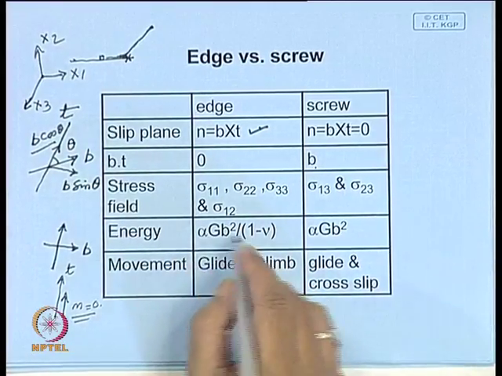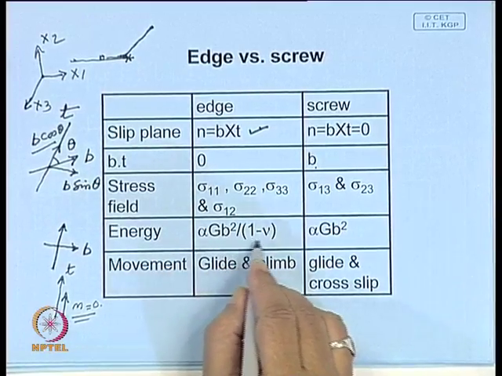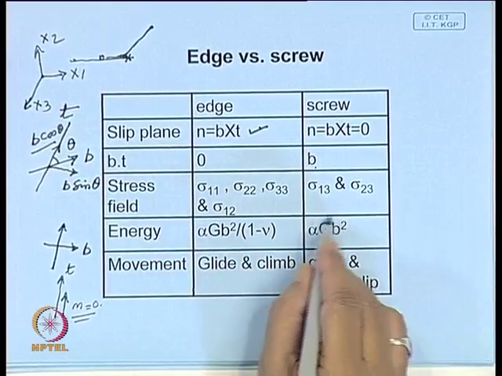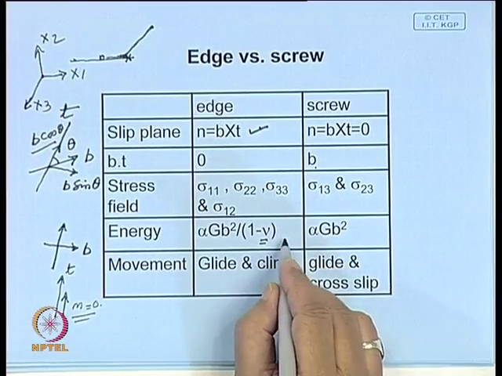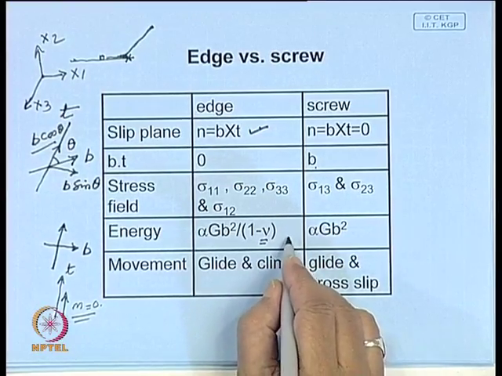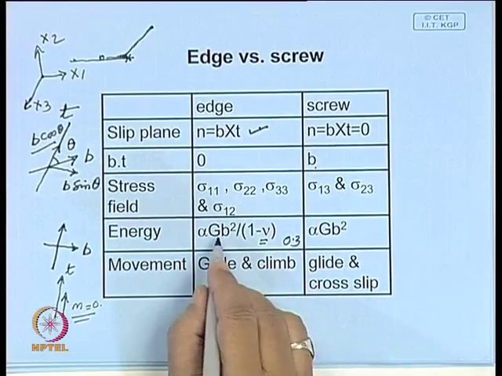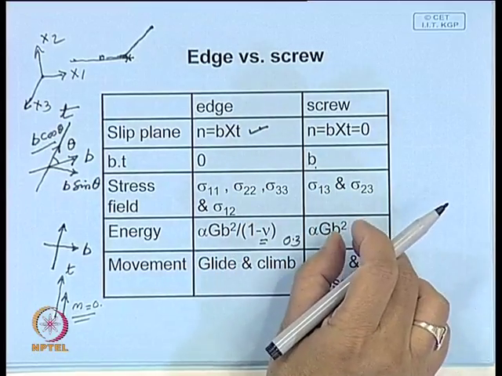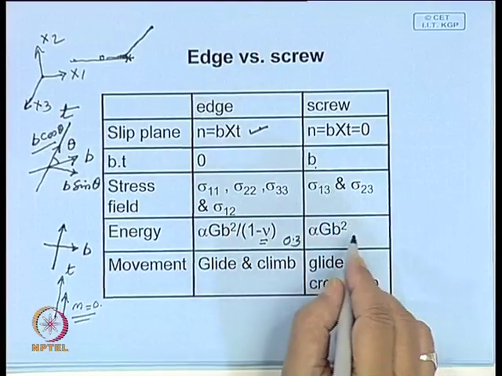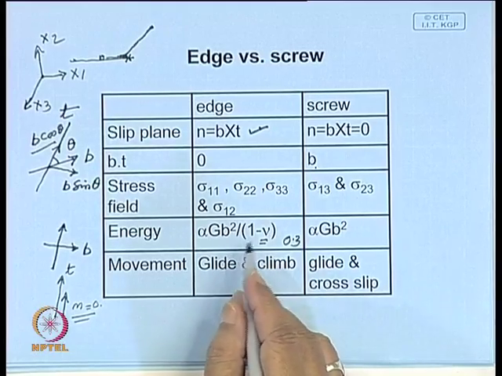We also estimated the elastic stored energy in the dislocation, which comes out to be of this order, and this nu is the Poisson ratio, and we know for most metals this is around 0.3. So, roughly, edge dislocation has a little more elastic stored energy than screw,